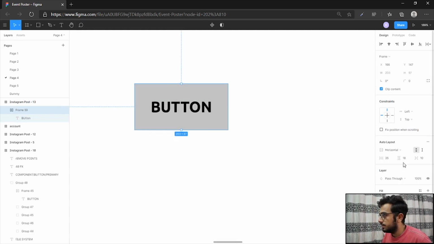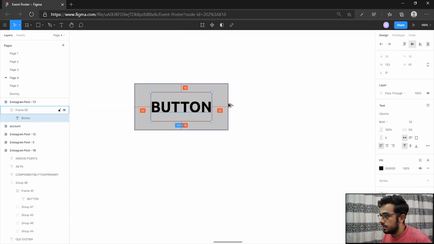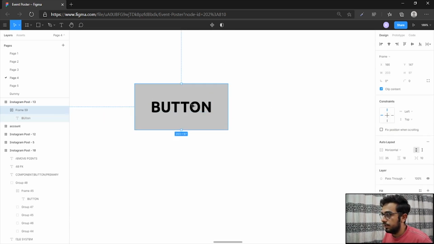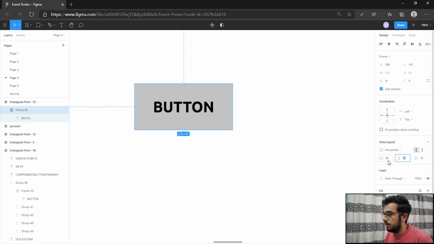So what it would do is it would have the same distance from the left and right and top and bottom, which you can define when you click on this frame that it has created of auto layout, and you can give it how much spacing you want or how much padding you want, which is a technical term for the spacing on left and right and top and bottom. So horizontal spacing, let me give it as 40, and let me give the vertical spacing as 20.